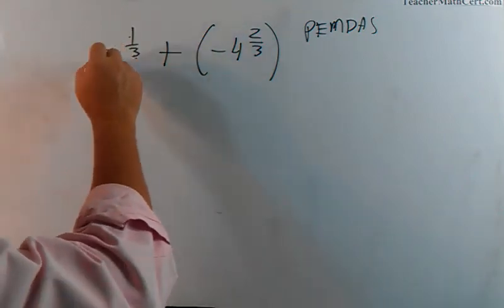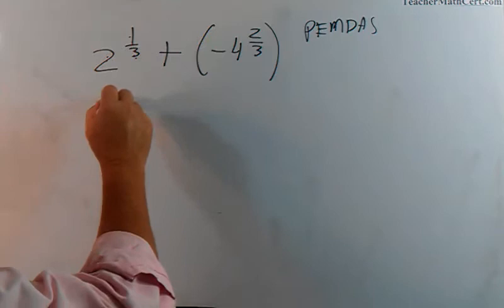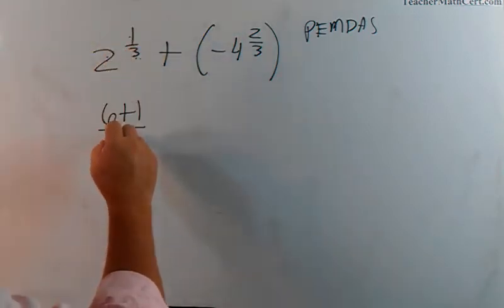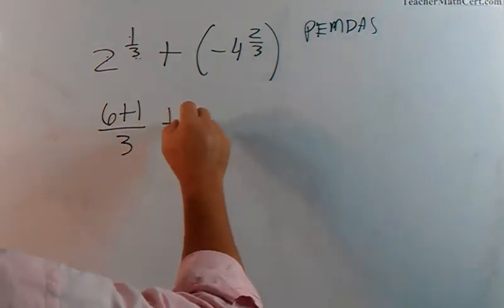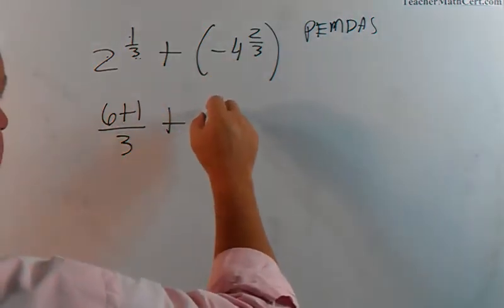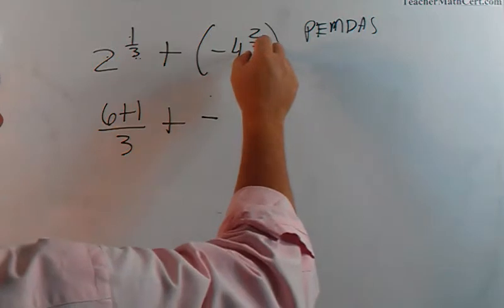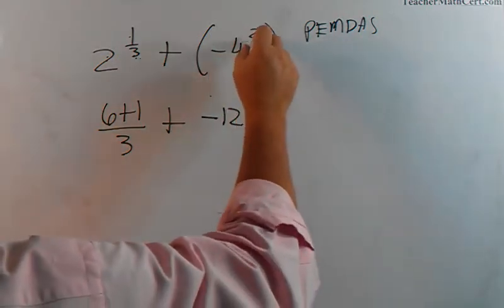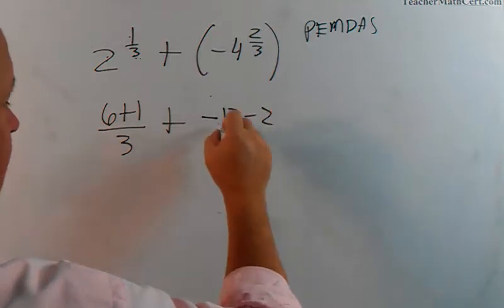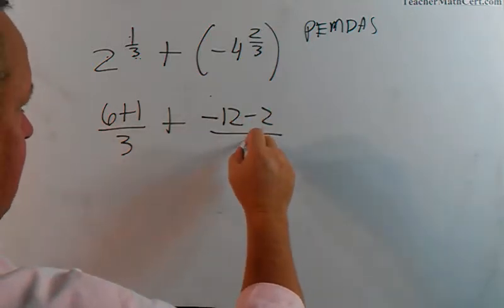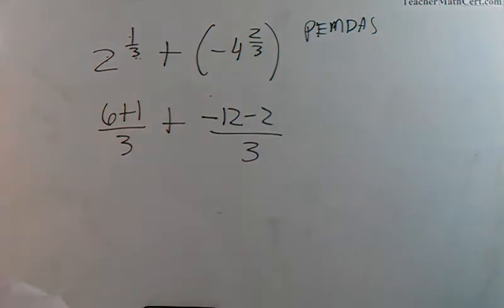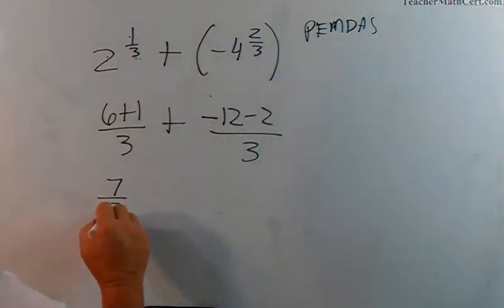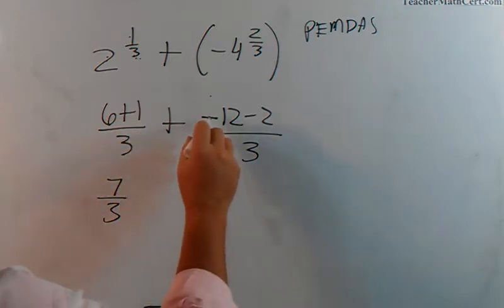So we've got 3 times 2 is 6 plus this 1 all over the denominator of 3 plus, it's going to be a minus 3 times 4 is 12 minus the 2 all over the 3 here, okay? You got 6 plus 1 is 7 over 3, that's this one, plus times a minus